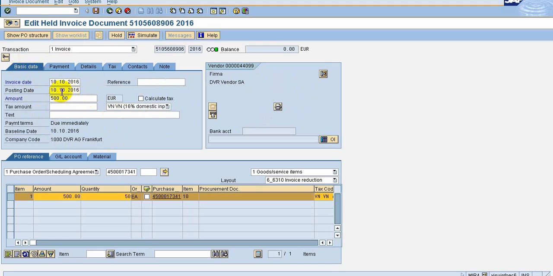So in each of the screens there are separate fields required, header level for these items, such as basic data. Invoice date and posting date are common for all the items, the date on which we are going to post it. Invoice date and posting date may be different, because the invoice has a certain date, but we may not post on the same day, we may post it on a different day also, so it may differ. And if we want any reference, we can give the reference also. This will help for searching the documents or